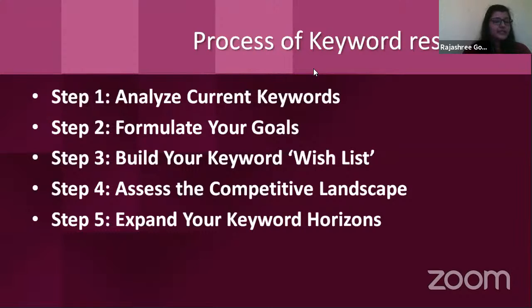Number five is expand your keyword horizon. The previous step has already enabled you to build a list of keywords you can have some confidence in. And while keywords are still the foundation of good SEO, optimizing for them is sometimes difficult. But Google has vastly improved its ability to recognize topics and all their related terms. So now every keyword is really the gateway to a topical universe.